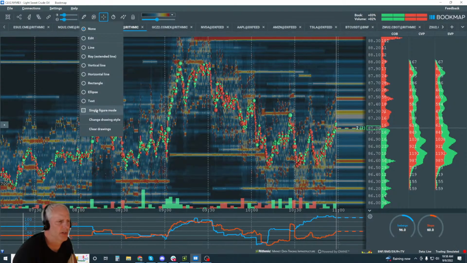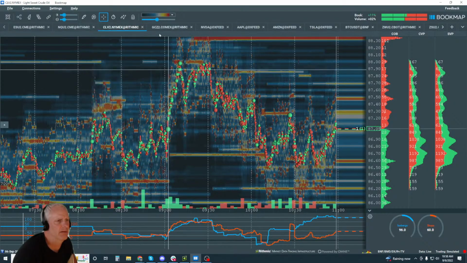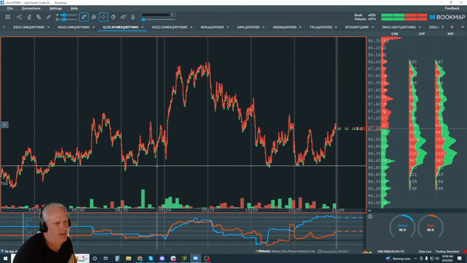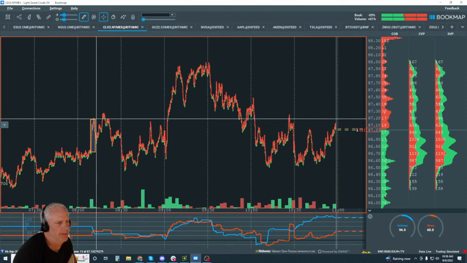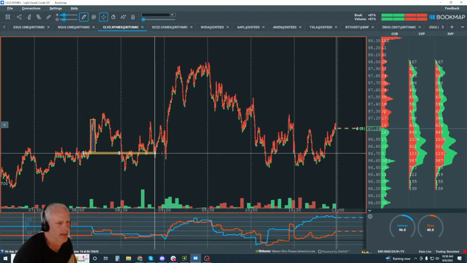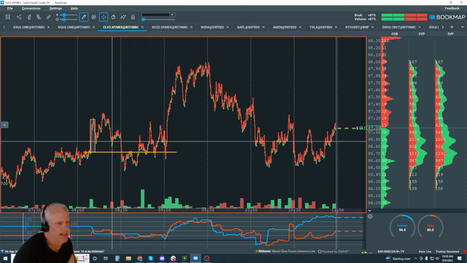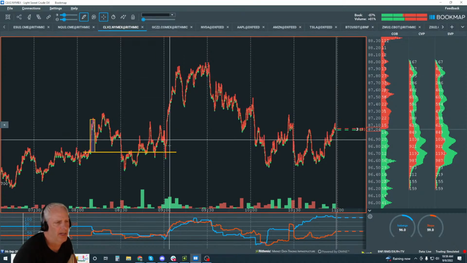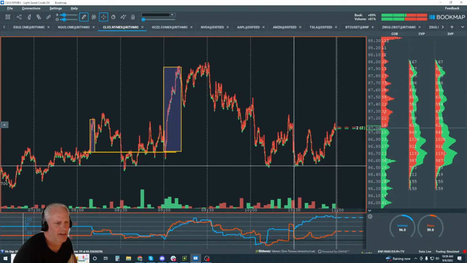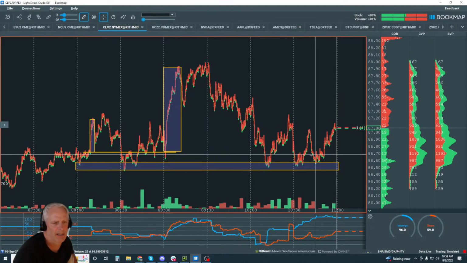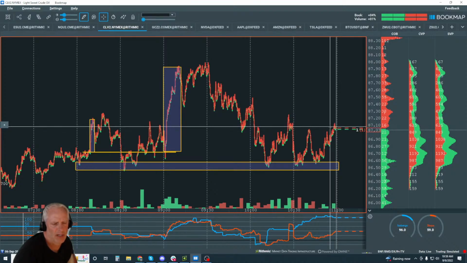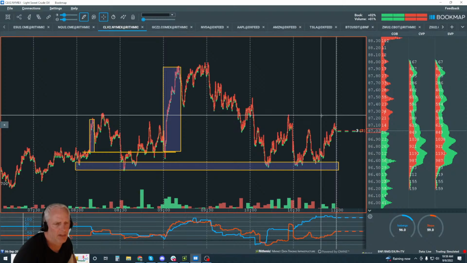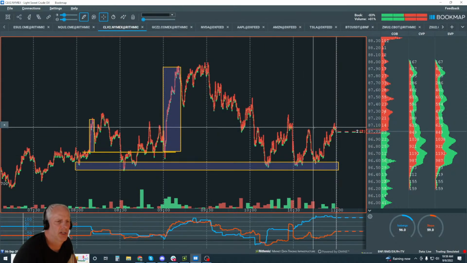Let's go through that same process and structure, market structure, and who's in control in areas in here. Let's just go through the whole process. Take it all off and then go with the rectangles in here. See how the buyers take it up here, but they're really tested in here. And then you can see kind of a flip in here, above this area, below this area, it flips again above it, retest, and goes back higher. So buyers in control, but we're still retesting down here. Maybe this is a better zone or area to take a look at. Buyers in here, we're talking about moving on up into maybe 30 up here, or 25, somewhere around in here, and retest that. So anyway, not a trade recommendation, and we're just looking at structure in here